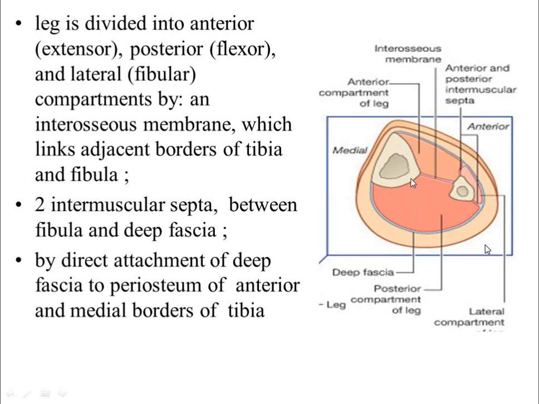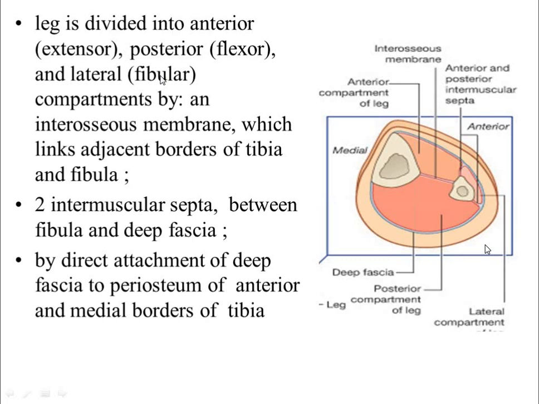These intermuscular septa are dividing the leg into various compartments. These compartments are the anterior compartment, or the extensor compartment, and the posterior compartment of the leg, the flexor compartment, where you can palpate your calf muscles,